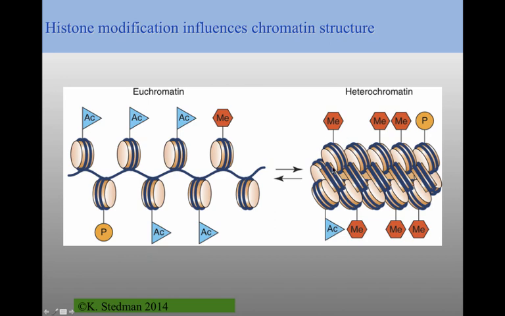So it's really the modification on the histones which seems to be the first step in making the decision: we're going to be euchromatin or heterochromatin. The acetylation process is a relatively rapid one, acetylation and deacetylation. Histone methylation seems to take a little bit longer. So for rapid changes, genes on, genes off, it's usually acetylation. If you're going to be turning genes off for longer periods of time, it's usually a methylation process.